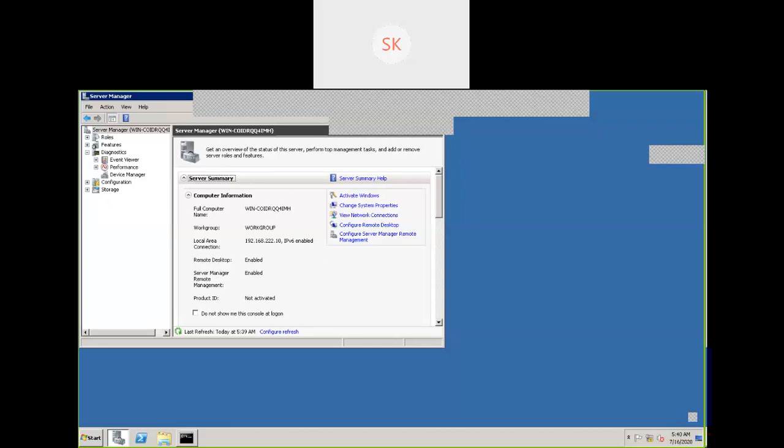RDP is nothing but remote desktop connection. Okay, by using a third-party tool or a vendor tool. Here, what we are using is a vendor tool, Microsoft Terminal Service Client. It is going to work on a port number. You need to identify what is the port number for RDP.